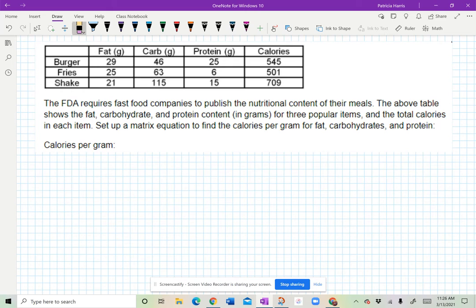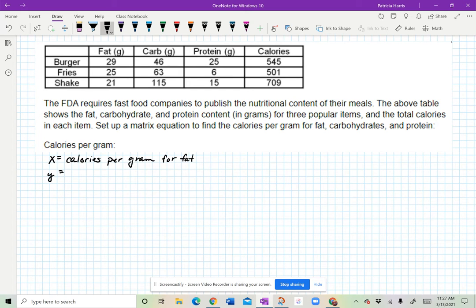So this actually is set up pretty nice because what we can do is say, well, I have 29 grams of fat, but I don't know how many calories per gram of fat I have. So we're going to let x be the calories per gram for fat,